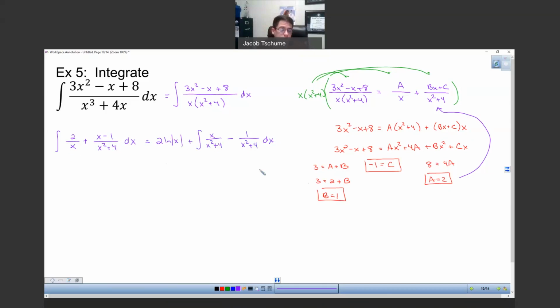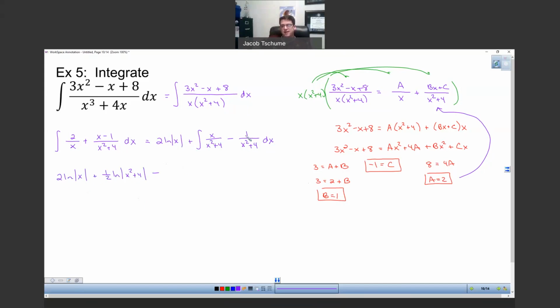Both of those terms can now be integrated directly just like we did on number 4. So this will end up being 2 times the natural log of the absolute value of x. On the first fraction, I need a 2 on top to make this a natural log, so I'll have to put a 1/2 out front to make it 1/2 times the natural log of x squared plus 4